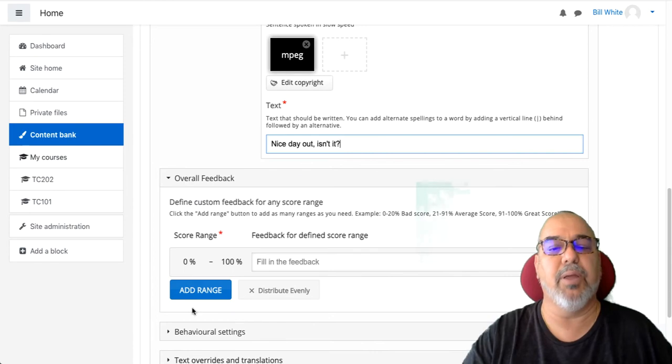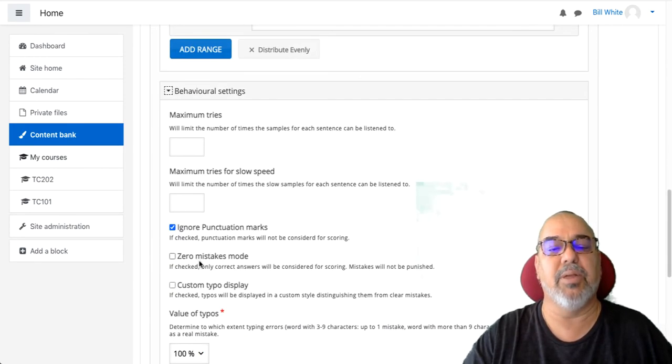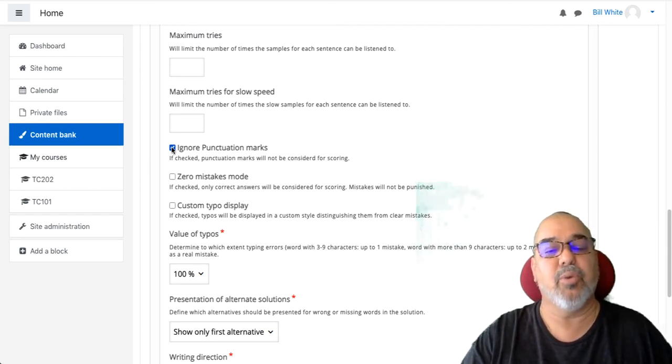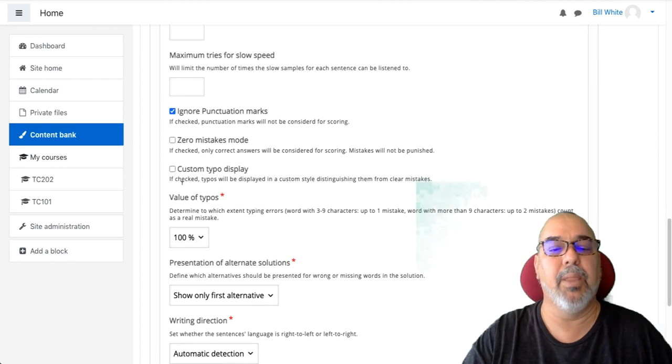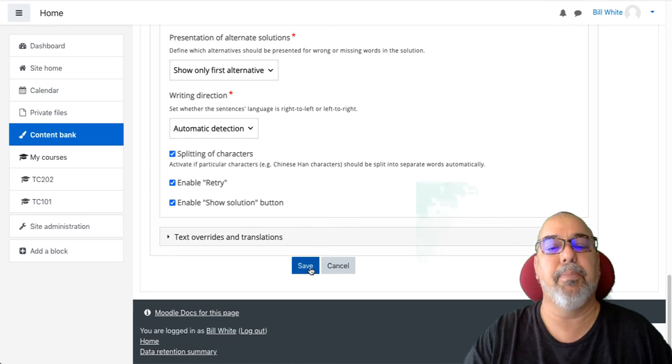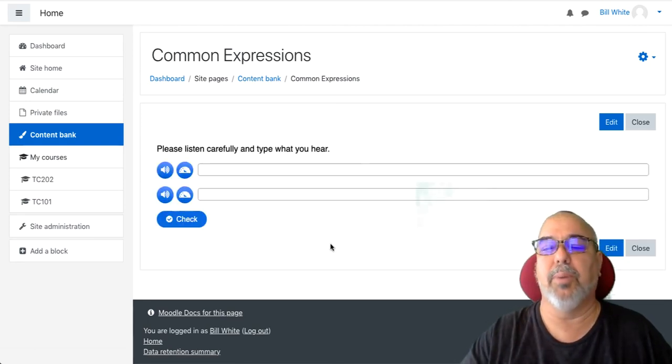okay, and then if you have any other changes you want to do, behavioral settings and things like that. Okay, this is really important if your students aren't good with punctuation marks. If you want them to, then you should uncheck this and put it in your instructions or in your audio. Okay? And then other things that you may want or not. Okay? As I said, mine are elementary or a beginner level, so I'm not going to worry about the punctuation quite